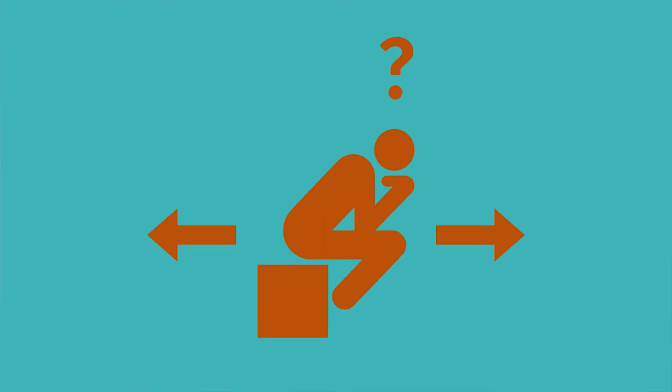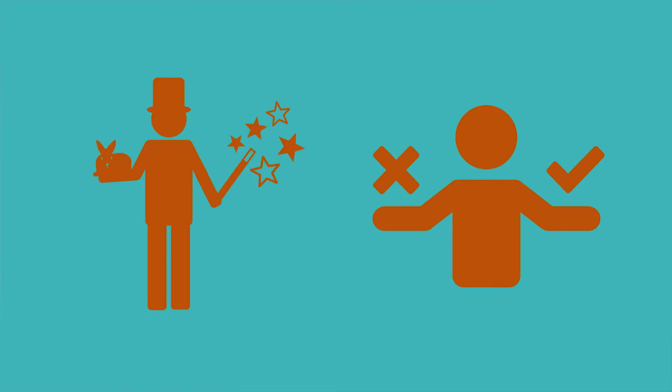Second, the choice must be consequential. This means that the player's choice must have a real impact on the game. The game must unfold differently in some way if the player picks option A as opposed to option B. The opposite of this is something called the illusion of choice.